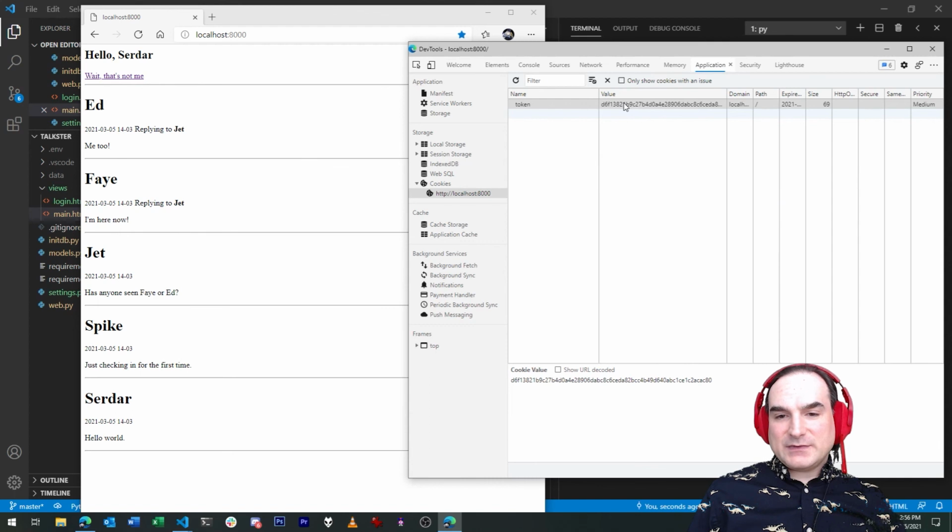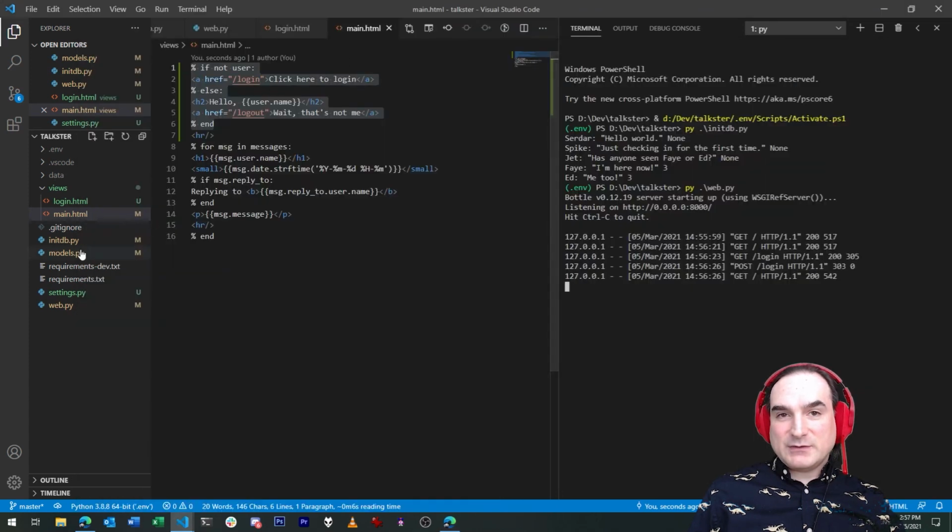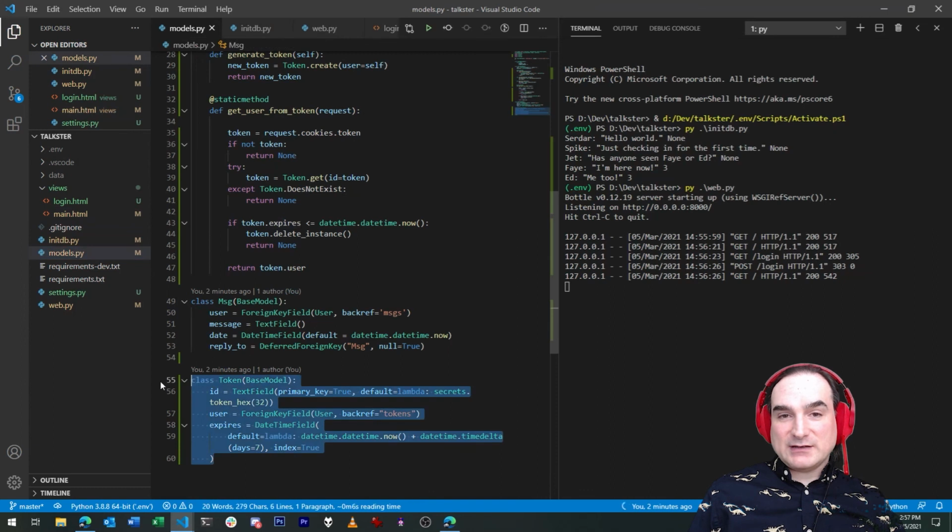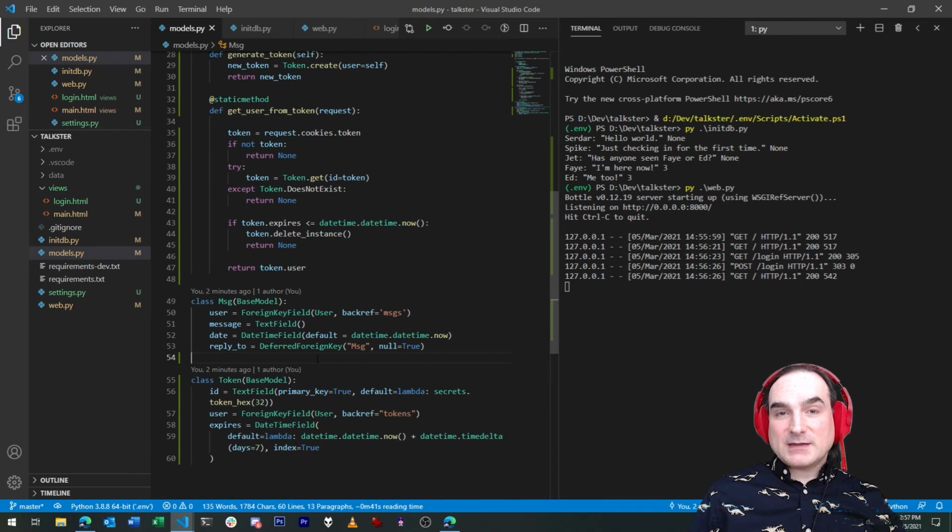For instance, the token table. That might in time become cluttered with expired tokens that never get cleared out. Can you guess why? Go back over everything that I've showed you, and you may get a hint. I'll reveal the answer to that, along with some of the new features we have to add, in the next episode.